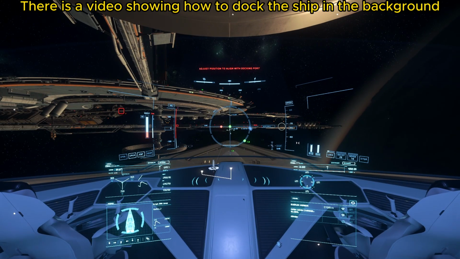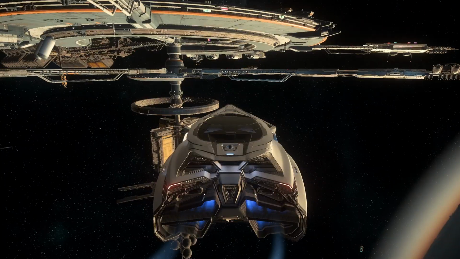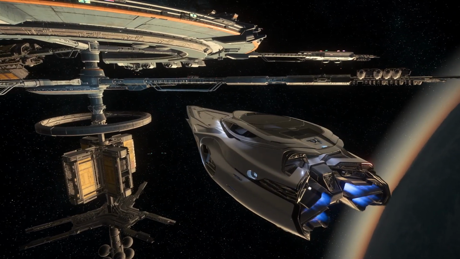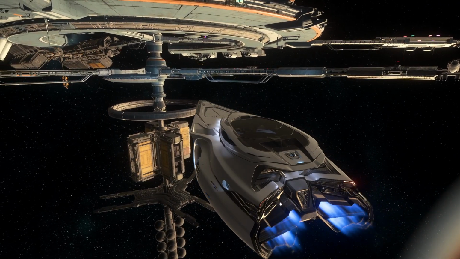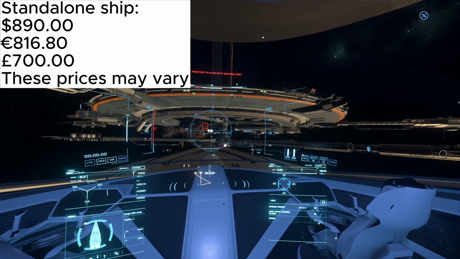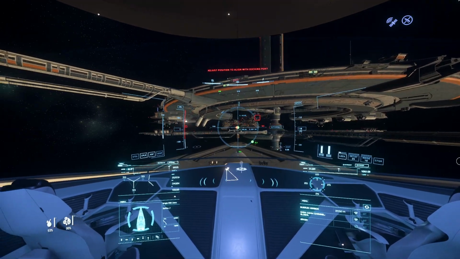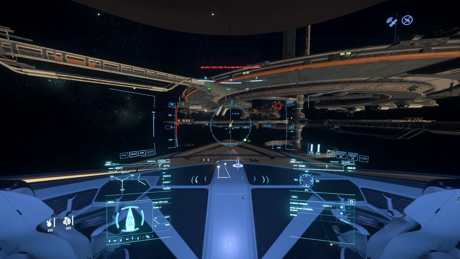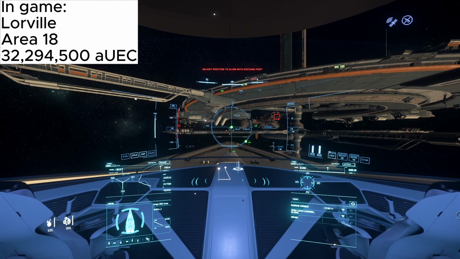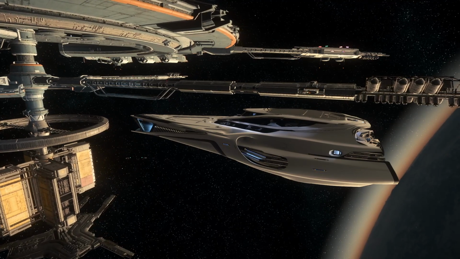So now I don't really feel like doing a weapons or system upgrades to this ship, as you cannot trade out most of the parts of it and the weapons are really good stock if you have someone to man them. So I'm just going to move on to the price and the overview of this ship. And starting off, it is not currently available in the starter package, but when it is available as a standalone ship, it will be $890, 816 euros or £700, but these prices will probably vary quite a bit. Or you could buy this ship in-game at Lawville, which is very ambitious, or Area 18 for a whopping 32,294,500 AUEC. You cannot rent this ship currently anywhere, as you would expect for this price, so this is basically